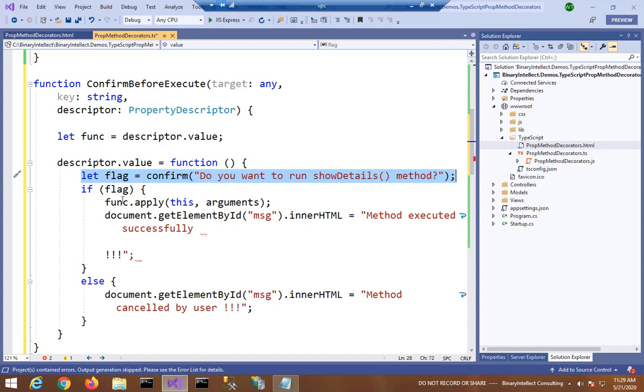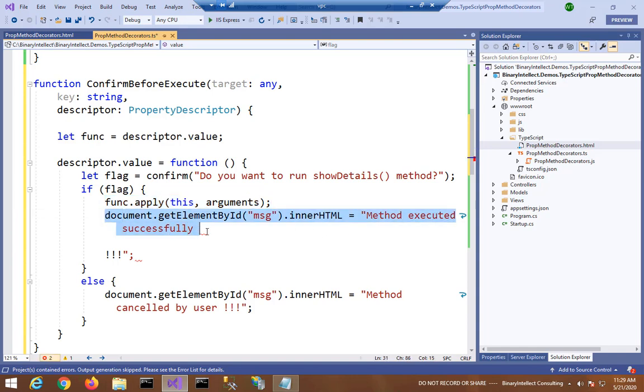So if user says OK, we invoke the original show details which we have stored in this particular local variable. We invoke the original show details by calling apply method on it. To the apply method, we pass two parameters, this and arguments. Arguments are basically the arguments to the function, if any.